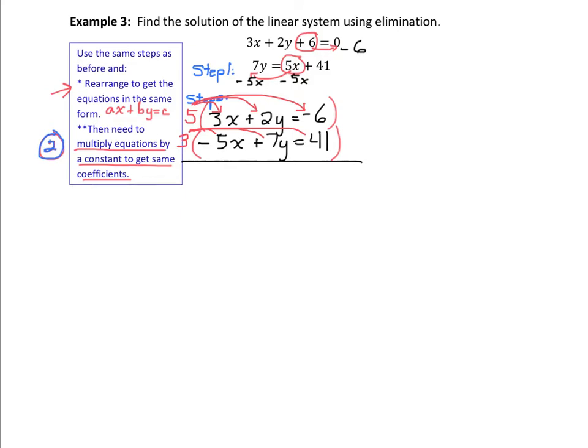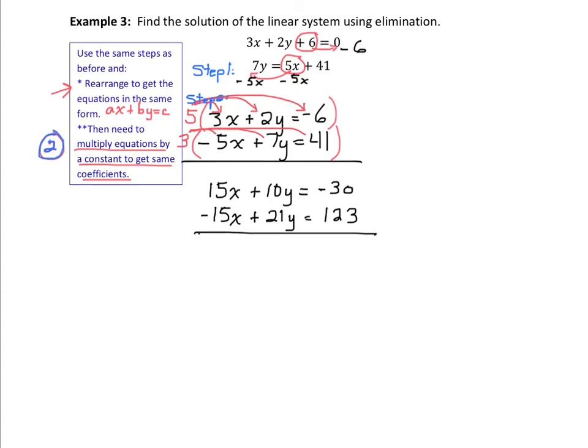So for the first one, 5 times 3x is 15x, 5 times 2y is plus 10y, and it's equal to 5 times negative 6, which is negative 30. For the second equation, negative 5 times 3 is negative 15x, 3 times 7y is positive 21y, and 3 times 41 is 123. So now we have opposite numbers in front of the x, so we will be able to eliminate it. So now we're at step 3, sorry, put the second equation in brackets,